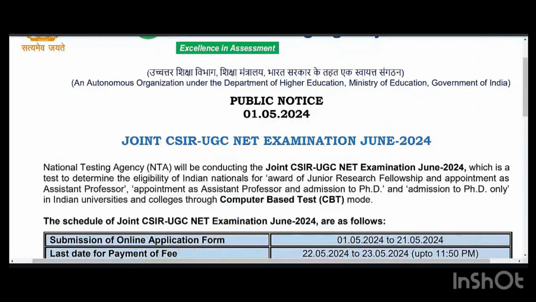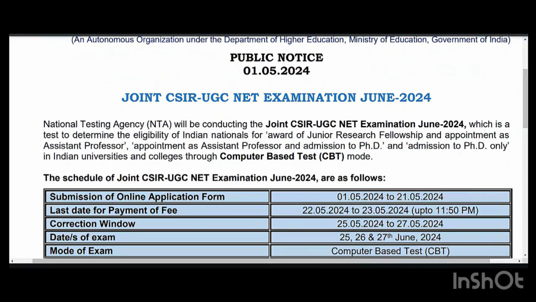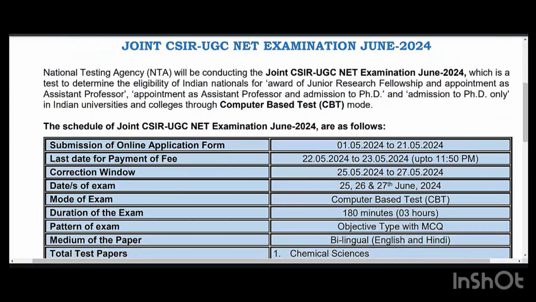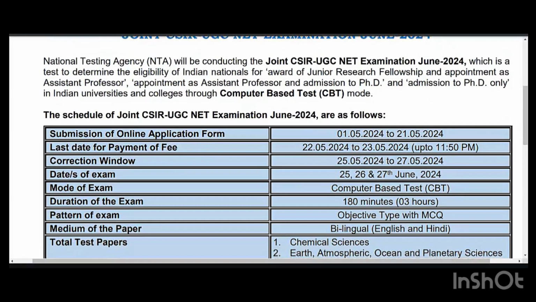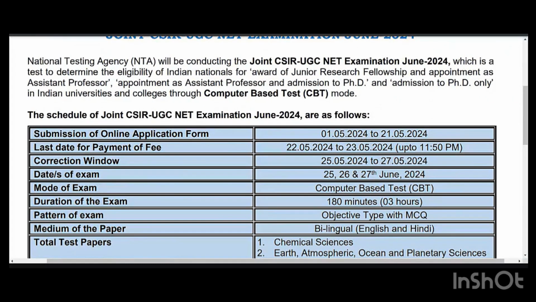See, this was the notice that was given by the CSIR, the joint CSIR NET examination 2024. If you look into the details, first, the myth that the paper has been postponed has been properly resolved. No, you have got your details. Then the paper will be in CBT mode, that is, a computer based test, because UGC has given different notifications this time for their UGC examination, but CSIR has made it clear that they'll be taking the examination on the CBT portal itself.